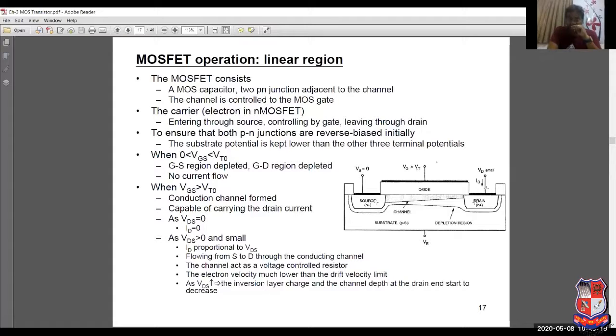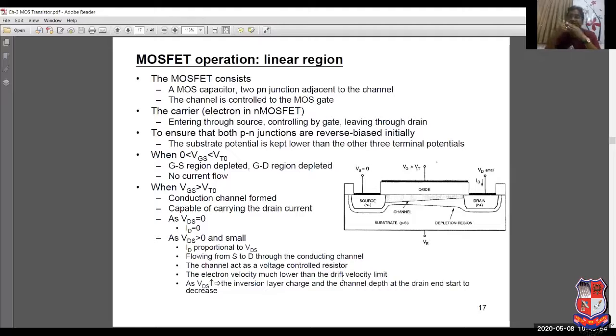So electrons in the drain region, electrons in this channel will be attracted and they will be entering into the drain terminal. And as you know that the movement of electron is opposite to the movement of current, therefore the current starts flowing from drain to source terminal. So this is what happens. So initially when your MOSFET is on, means your VGS is greater than threshold voltage, and if you slightly increase the VDS from 0, then for some initial portion, as you increase the VDS, the current will also start increasing. So that is ultimately your ID is increasing.